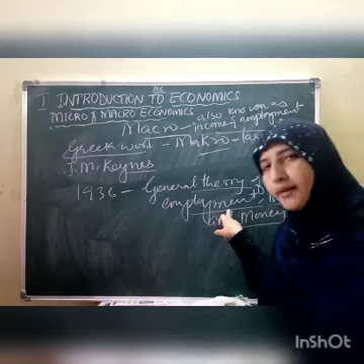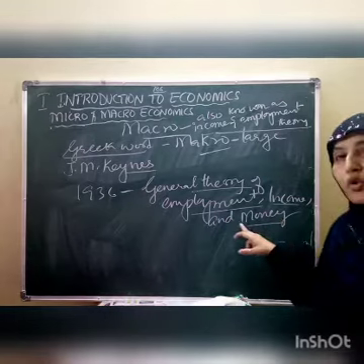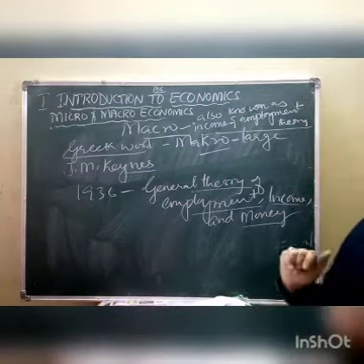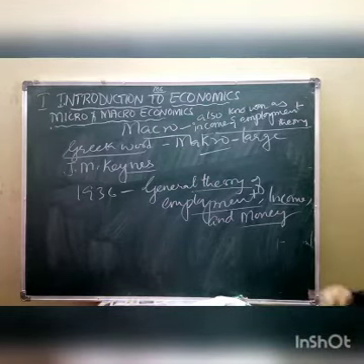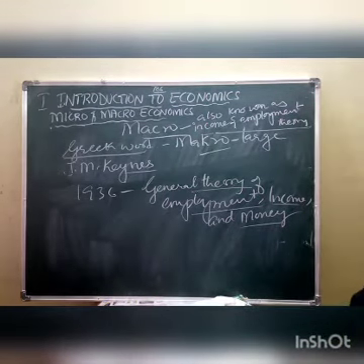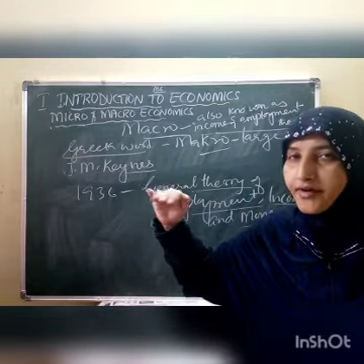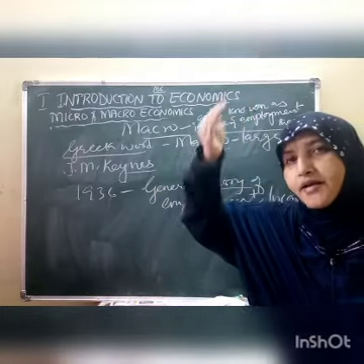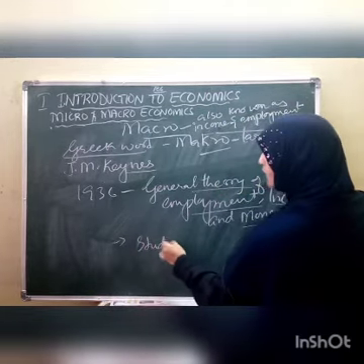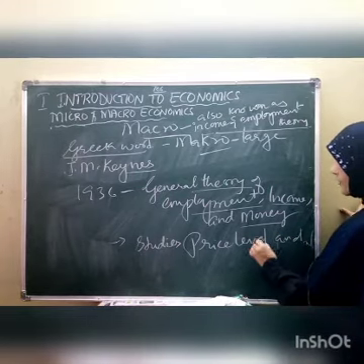What does it discuss, children? It discusses the total employment, the total income of the country, the total money, the loss or the profits of the country. It also deals with the general price level and the fluctuations in the price. Fluctuation means ups and downs. Sometimes the price increases, sometimes it decreases. So macroeconomics studies the price level and its fluctuations.